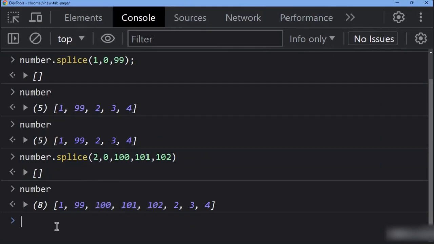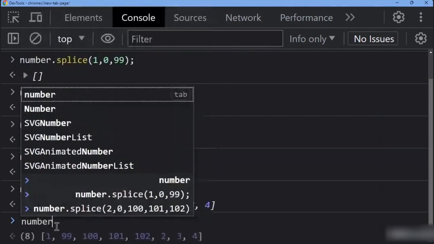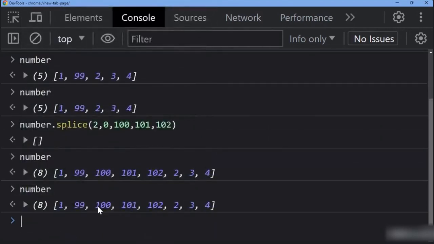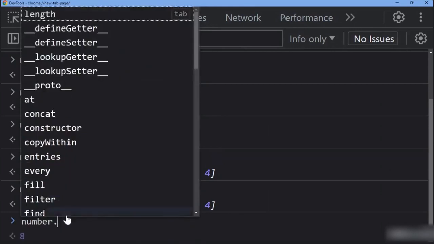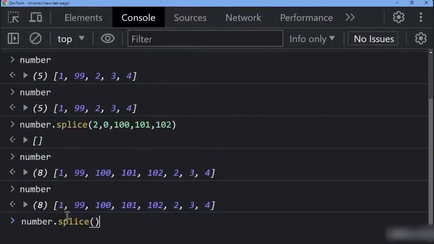Now that you understand this, let me give another usage of splice. Now what does numbers contain? Numbers contains totally 8 elements now: 1 99 100 101 102 2 3 4. Now let's say I want to replace some number, maybe 1 I want to replace by 98. How can we do that? Using splice, numbers dot splice, starting at position 0, which is the 0th index, and I want to